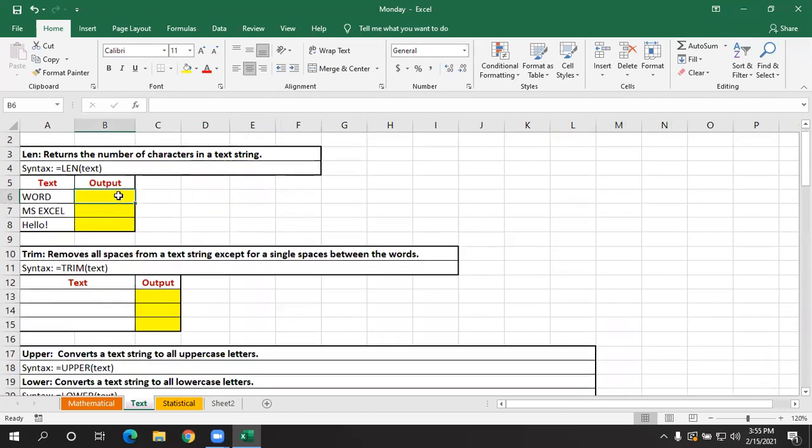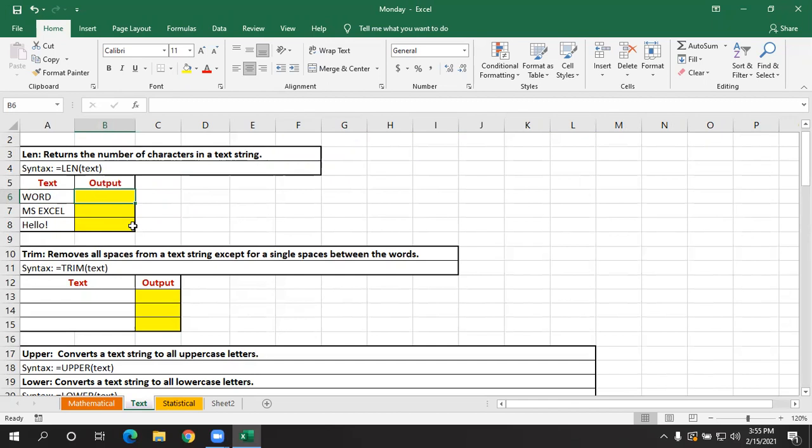Now, if I want to know how many characters are there in a cell, so now this is one cell, right? I want to know how many characters are there in this. To check that, we use the function LEN. You can see in the syntax, it is equals LEN of text.